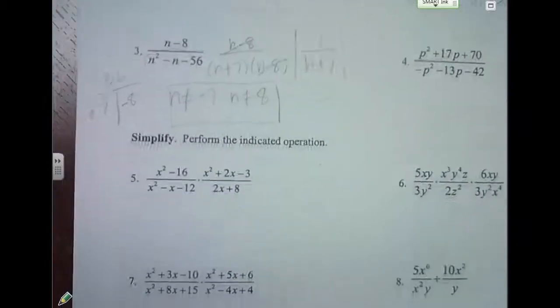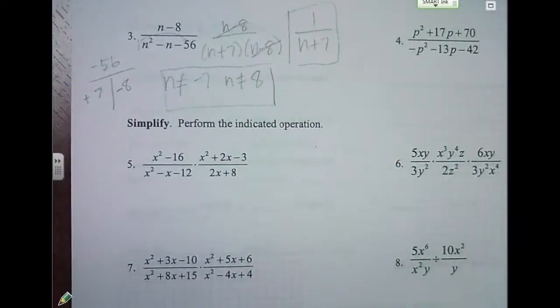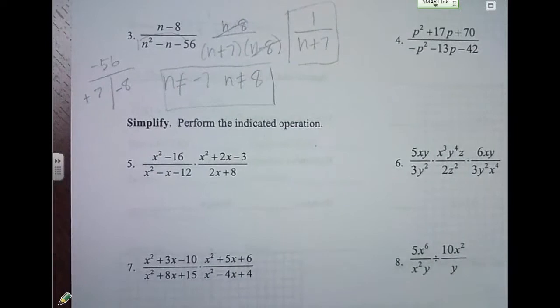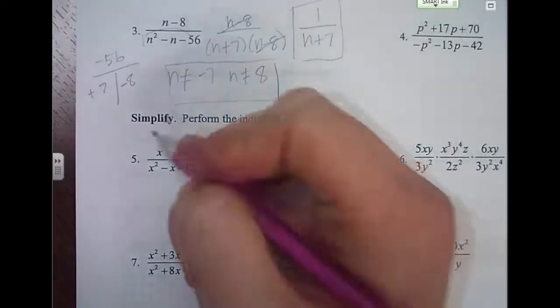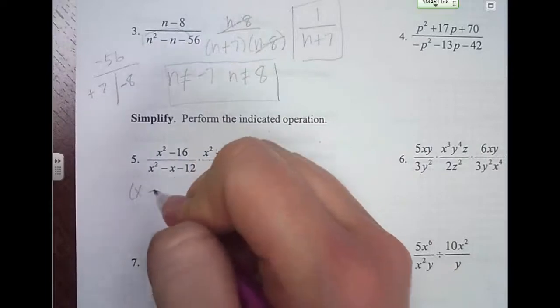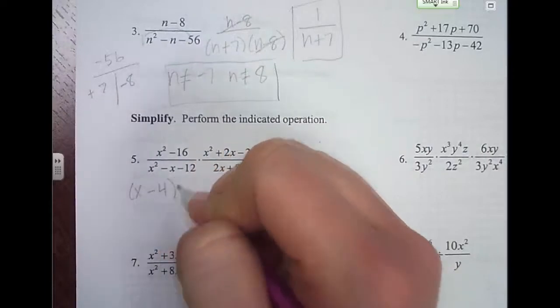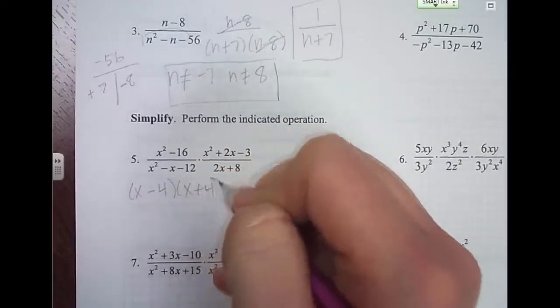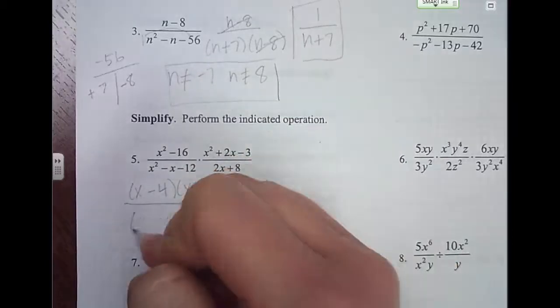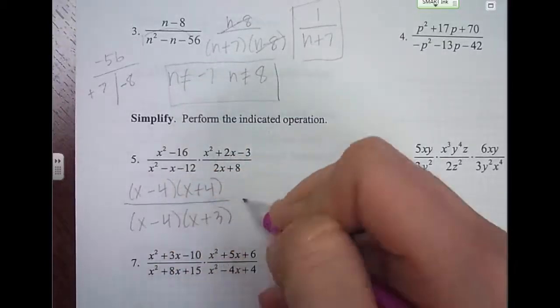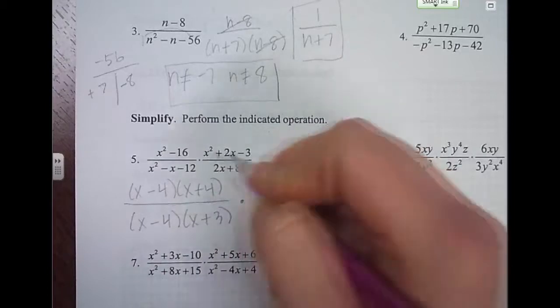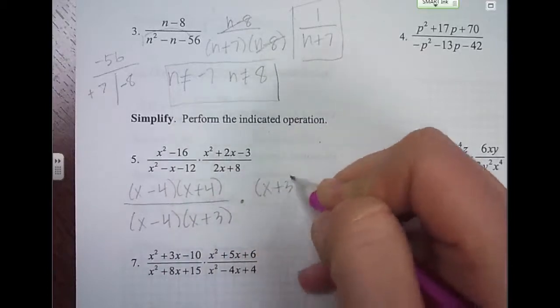Okay, the next section, all you have to do is the indicated operation, so you don't have to find the undefined values here. So we'll do number 5. So number 5, we want to factor first. So I'm going to factor the top to be x minus 4, x plus 4, a difference of 2 squares, divided by, on the bottom I get x minus 4, x plus 3, times, up here, x plus 3, x